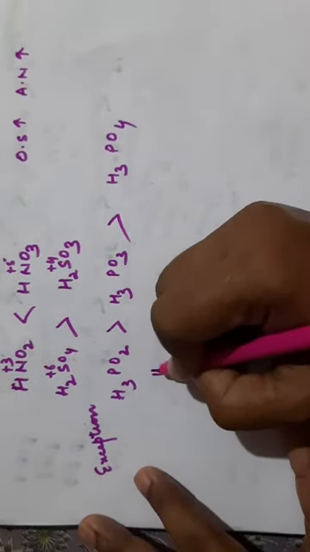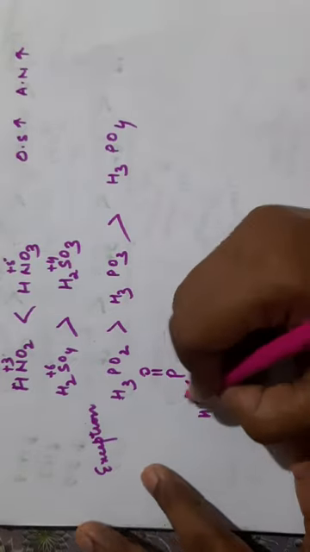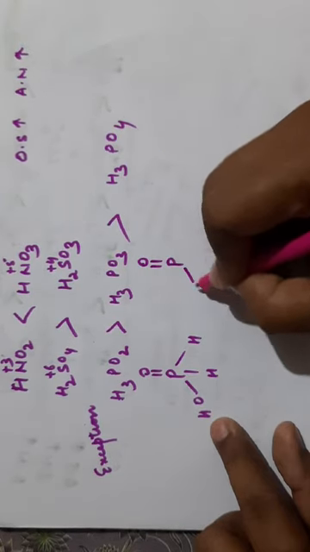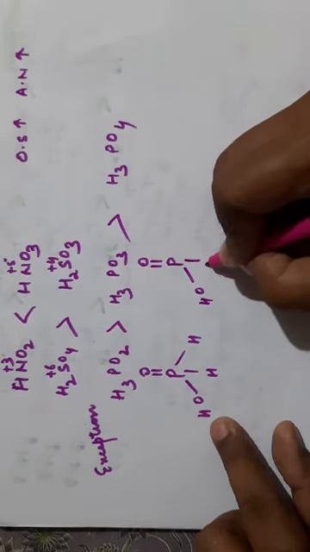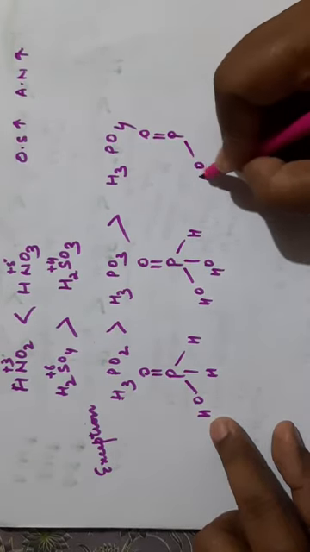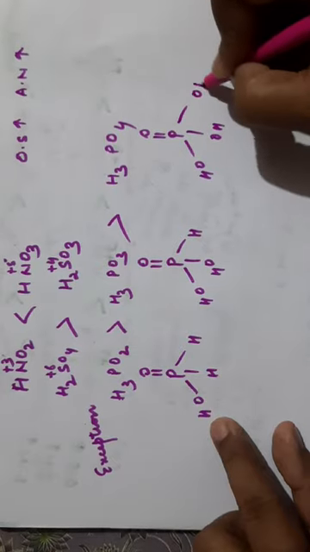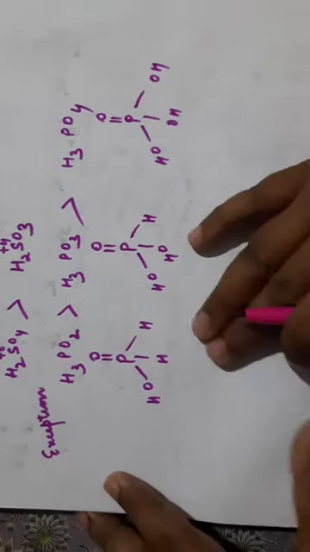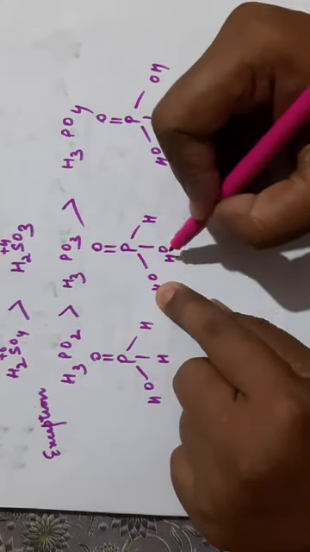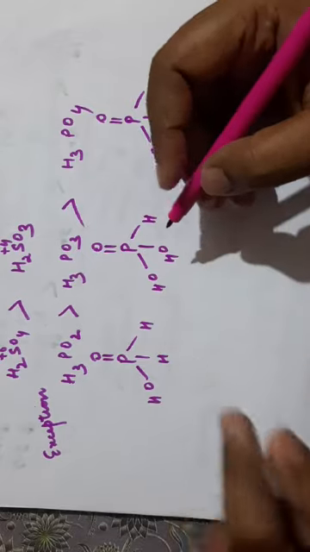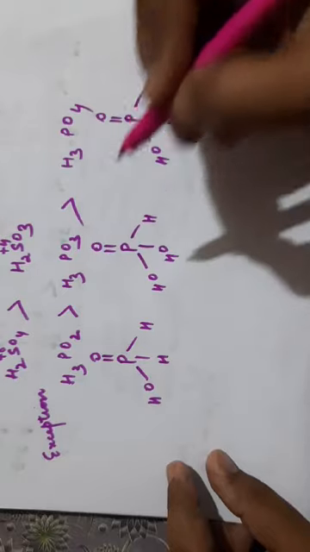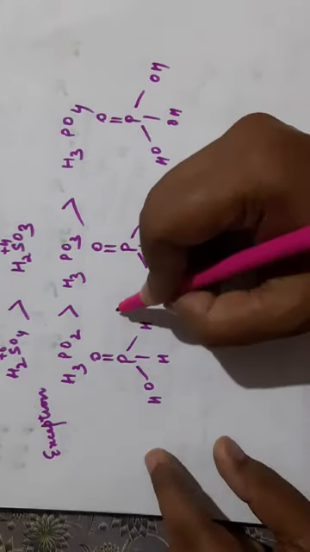If you draw their structure, one P=O bond, one OH bond and two hydrogens are left. This is the structure of H3PO2. H3PO3 has a double bonded O, OH, OH and H. Now for all such cases, see what will happen if one proton is removed from here. If one proton is removed, one O minus is there. Cross resonance will take place, which will interfere with the resonance normally shown by O minus, and it will decrease the stability. That's why the acidic order is this one.